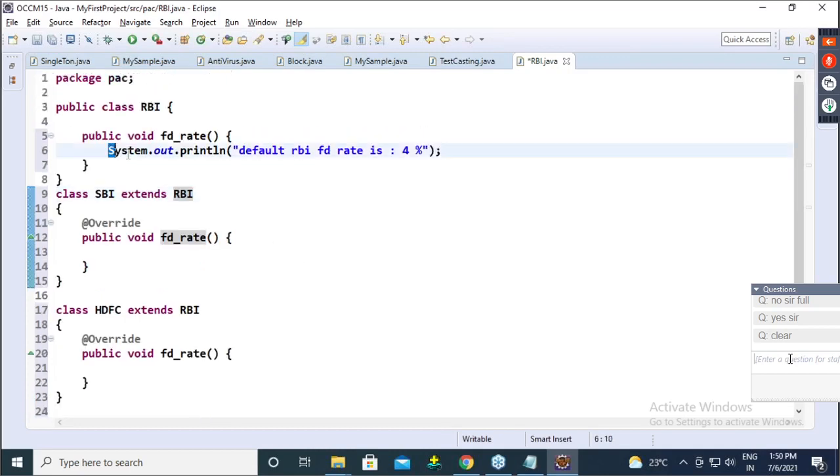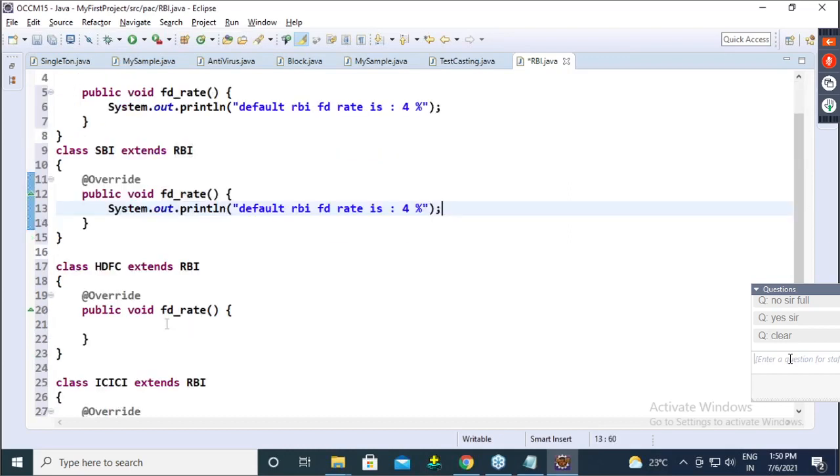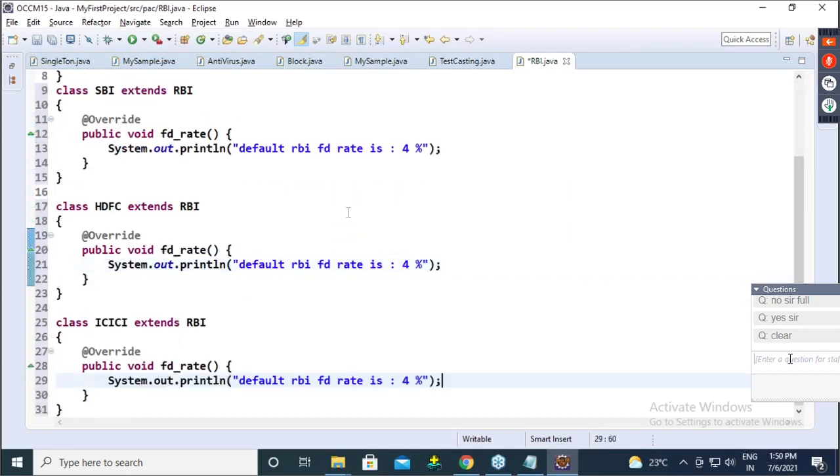Now, guys, here we will change. Let's say SBI FD rate, let's assume 6%. Let's say SDFC FD rate is 5%.